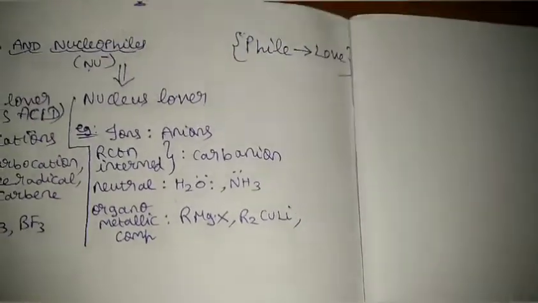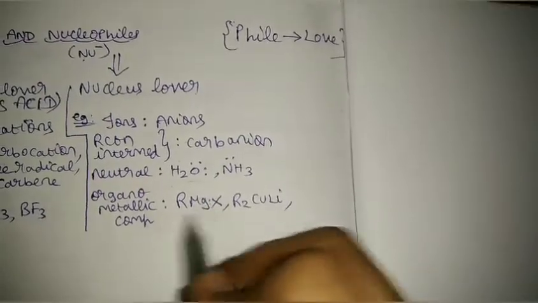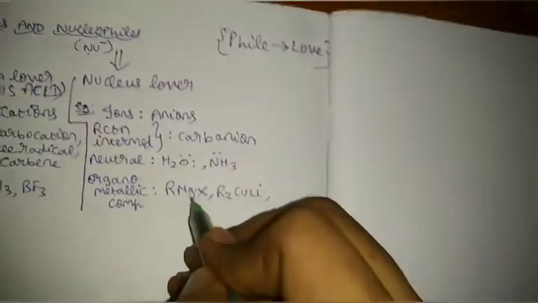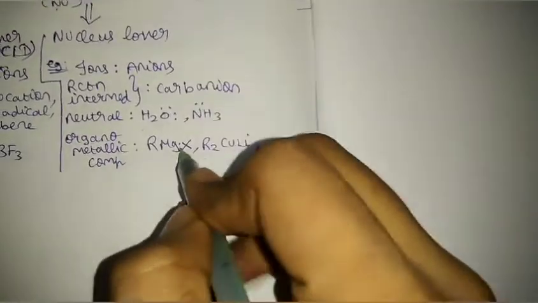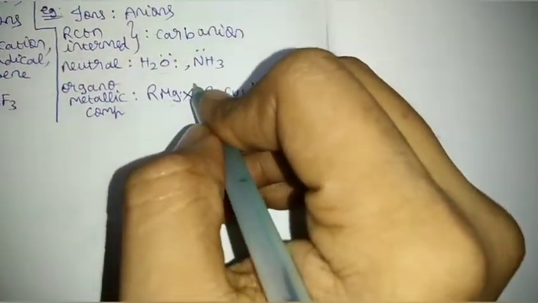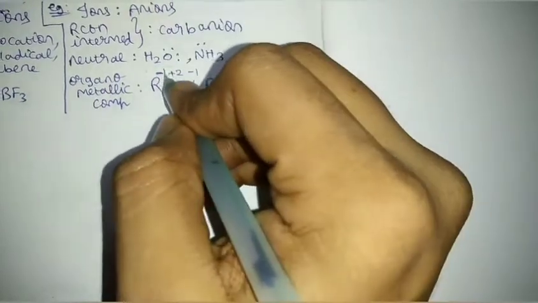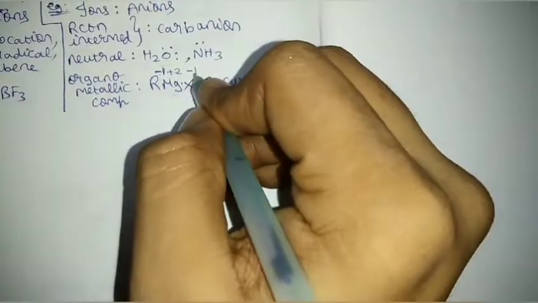So you can ask how this can act as a nucleophile. Basically it does not exist as a single compound. What happens is that Mg can give away 2 electrons, so it can exist as Mg2 plus. One electron is given to the halogen, and one is given to R. So it will actually exist like this: R minus, Mg 2 plus, and X minus. So this is minus 1, minus 1, plus 2, which is 0.